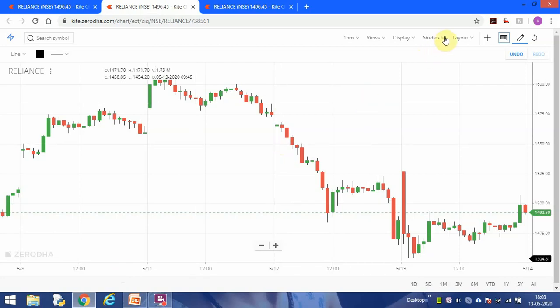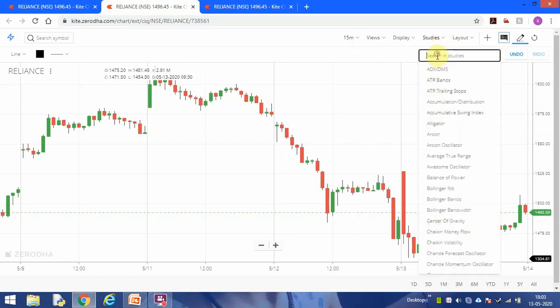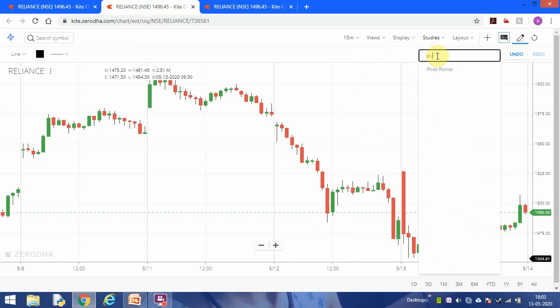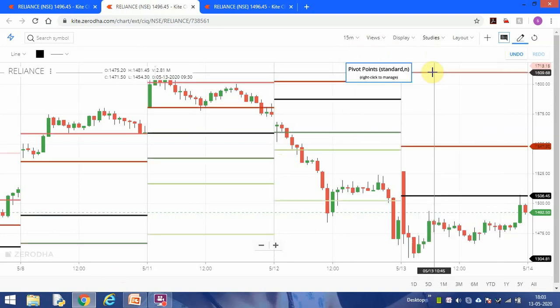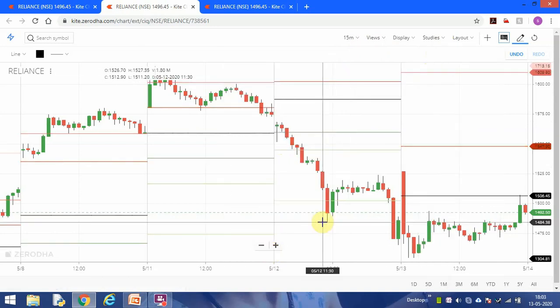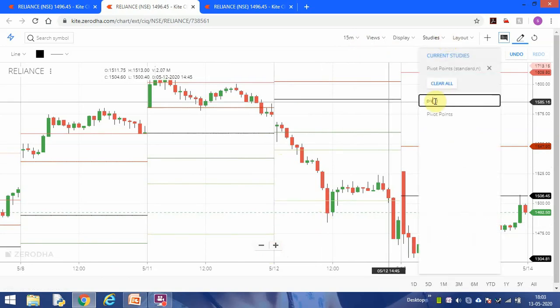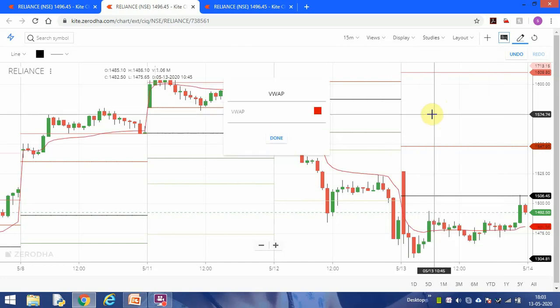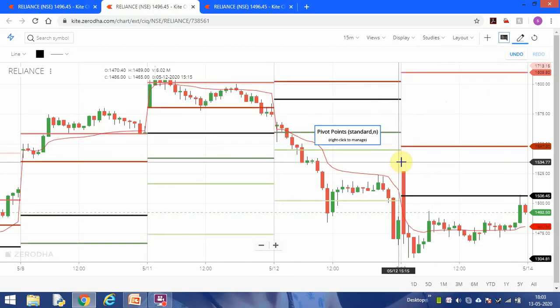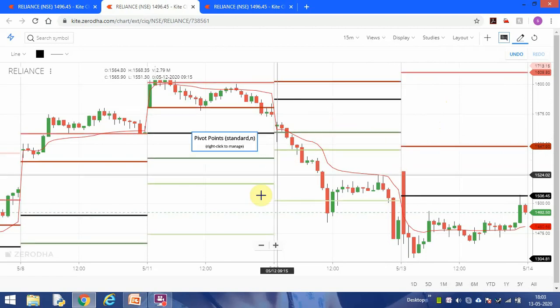So the time frame, you see here I put 15 minutes time frame. Then I am going to add the indicator pivot point. I added this indicator. Then next I told you VWAP, VWAP indicator. You see that. I already told you